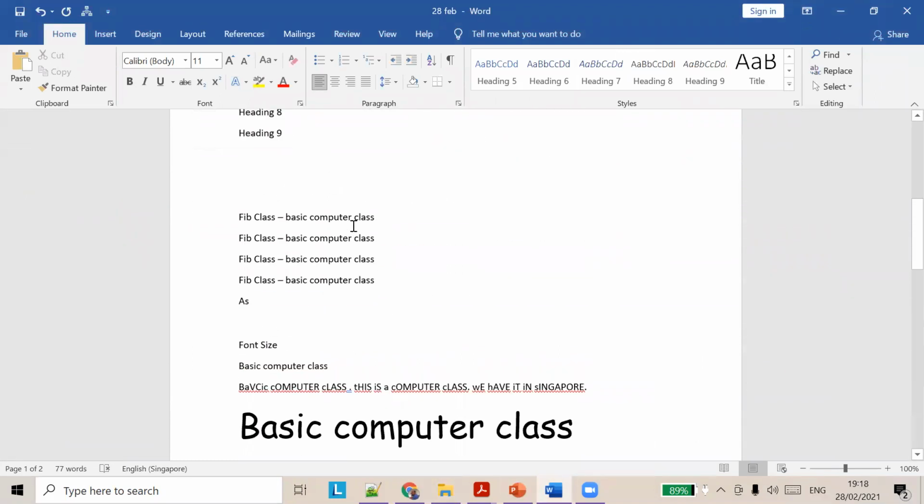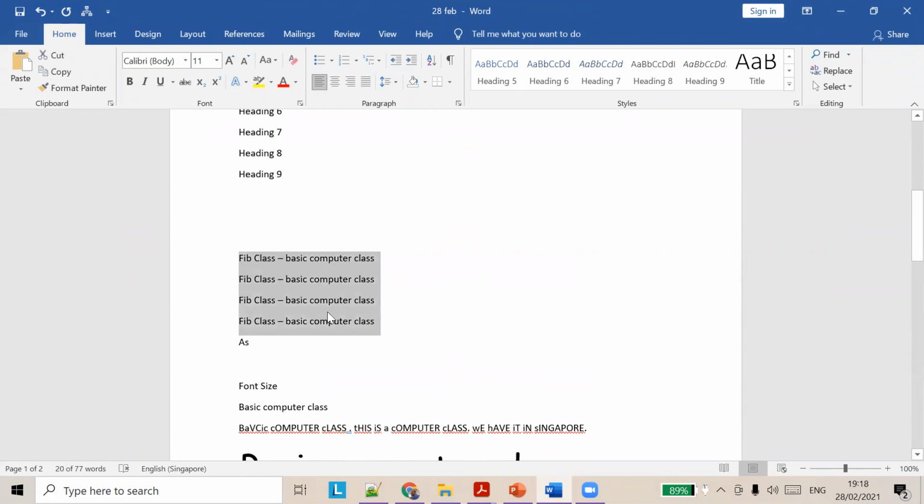Let's take the same example text. It's not bolded. If you want to bold a font, you can select the font and click on this bold control. Once you use the bold option, you can see the difference between these two fonts. This one is a normal font and this one is a bolded font.